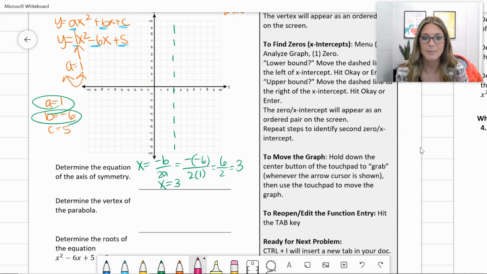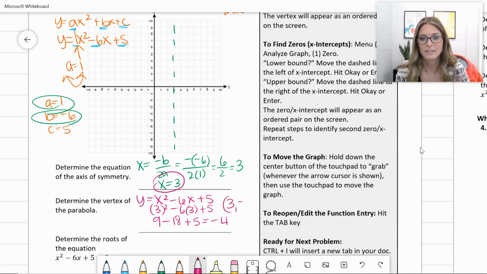So to find the vertex, I'm going to take that 3 and plug it into our function. Our function was y equals x squared minus 6x plus 5. And I'm going to plug in that 3 in place of x. So 3 squared minus 6 times 3 plus 5. 3 squared is 9. Negative 6 times 3 makes negative 18, plus 5. So I'm going to get negative 4,